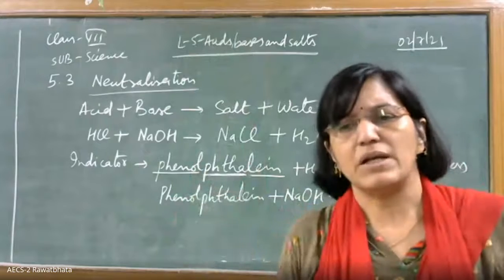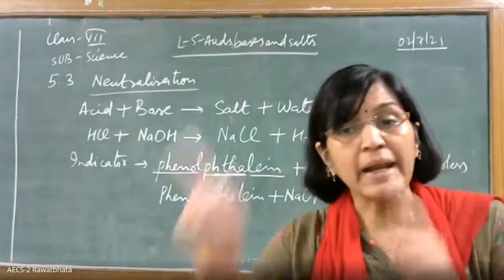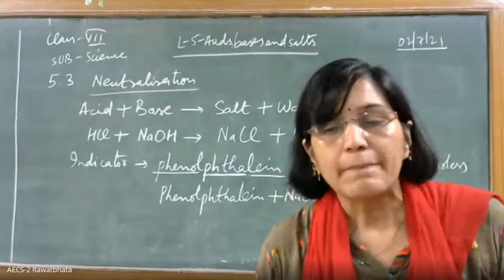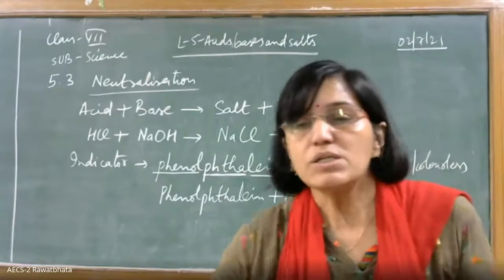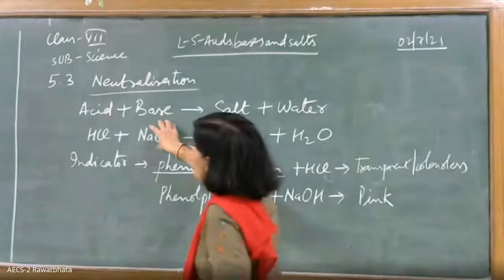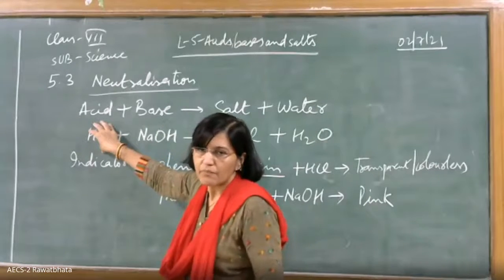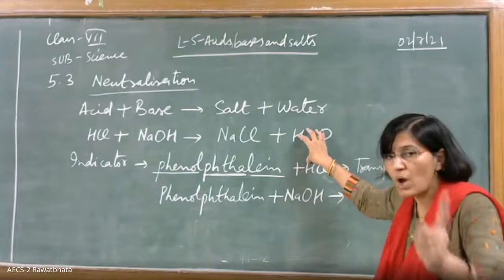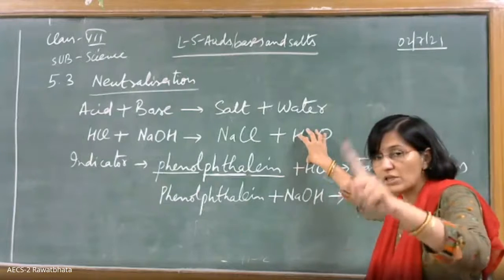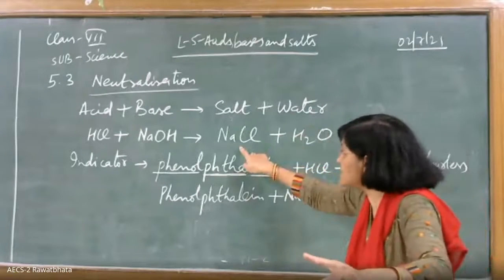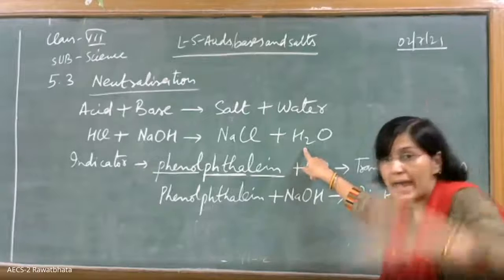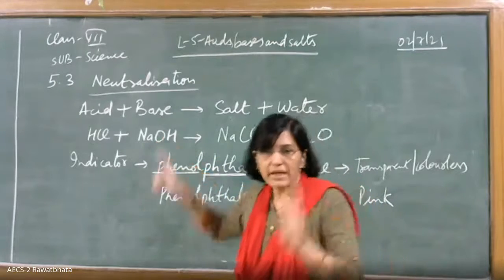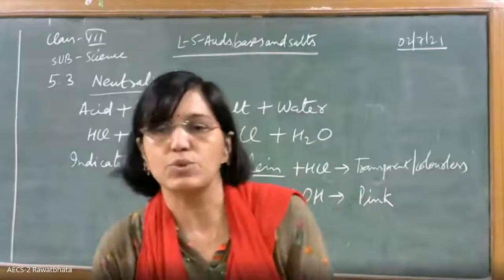After adding HCl to it, if again I added a few drops of NaOH, again there was this pink color. Why? Because some amount of NaOH was neutralized by HCl and it has formed salt plus water. Reaction over. Now if you add NaOH, the solution will have NaCl, H2O and NaOH. Getting my point?